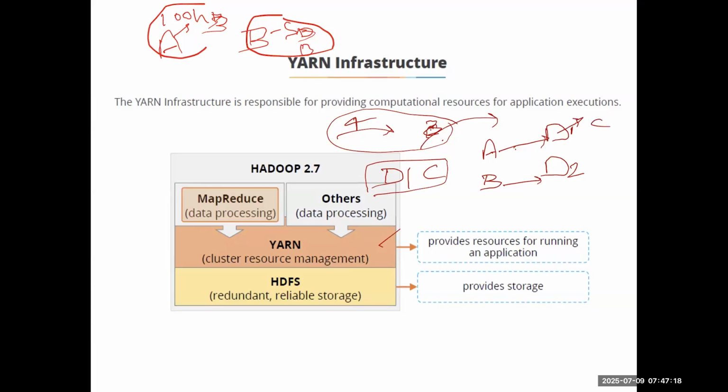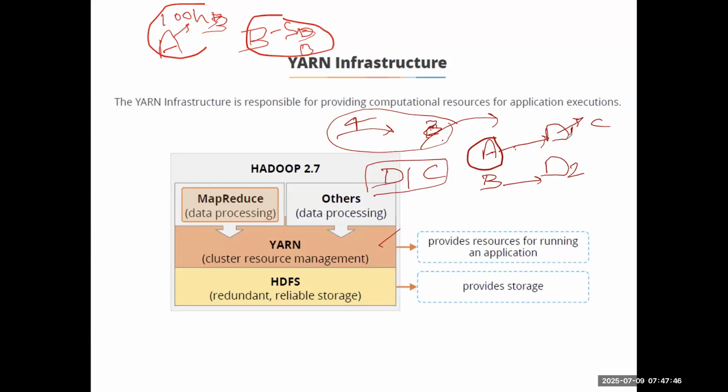You need something which manages the jobs. Let's suppose that A is completed. Once the A job is completed, the cluster manager knows that A's job is completed, we have free resources, let's assign them to C. And let's suppose that while running, this job has failed. Then the resource manager will either restart it, or maybe run it on the other node. Got it?